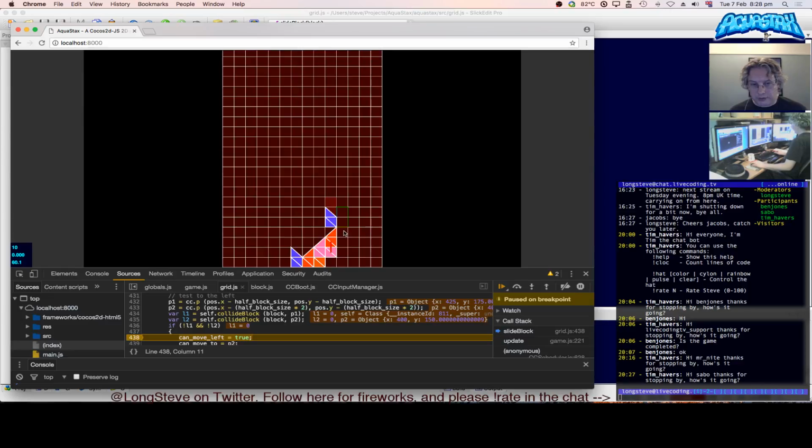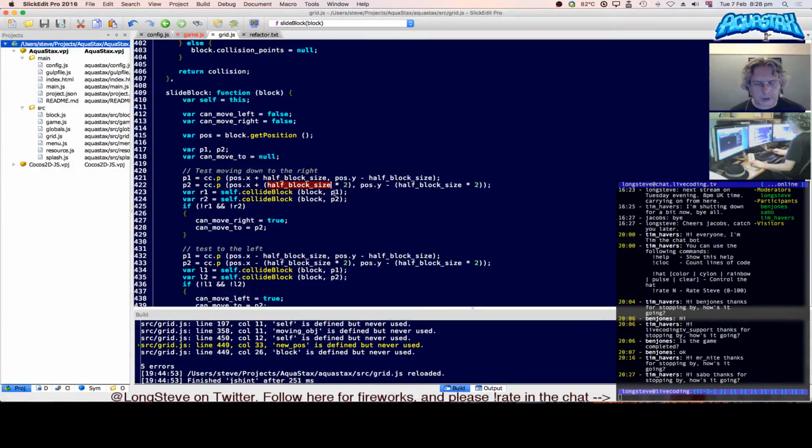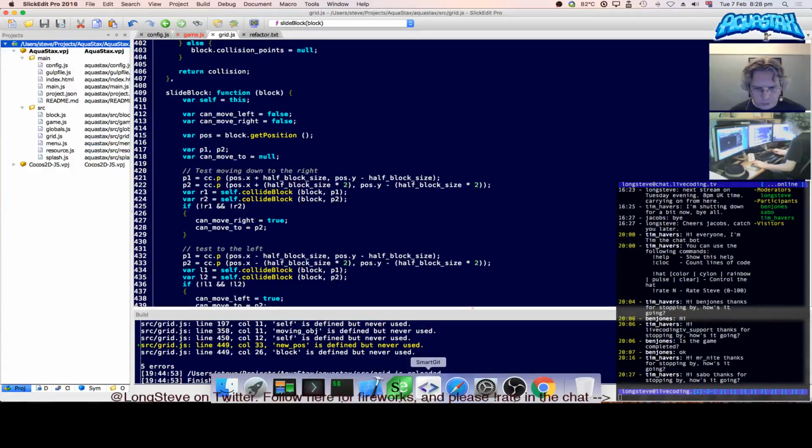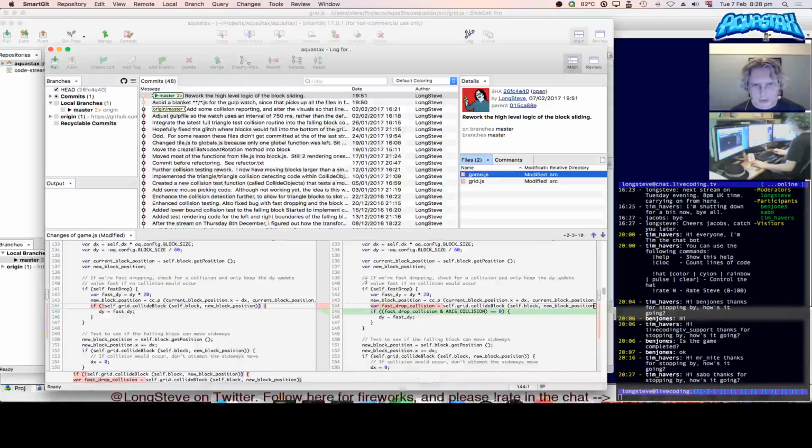In this instance, it can't slide to the right, because if it moves it to the right half a cell, then it would be overlapping this one in a collision scenario. So you end up with no collision. And my code before was, let's not use Slicker, let's use SmartGit and just do a, let's see,